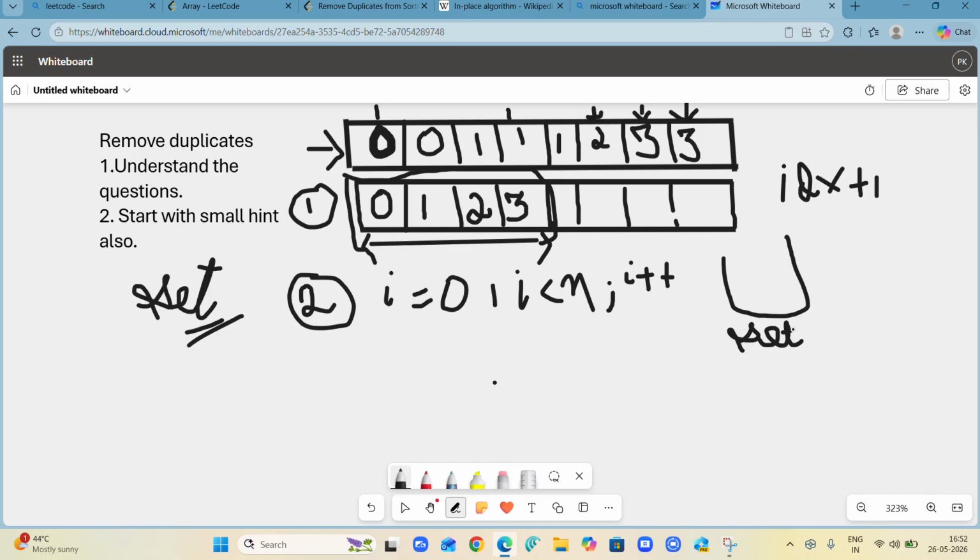If I'm running my code for i equals 0, i less than n, this is the 0th index, this one is the first index, this one is the second index, third index, fourth, fifth, sixth, and then the seventh one. And now the loop is going to iterate from i equals 0 to i equals 7, i plus plus, and it is going to be done.